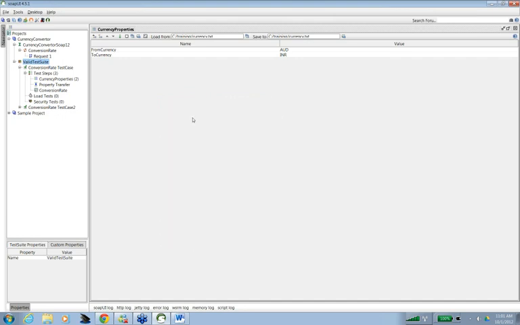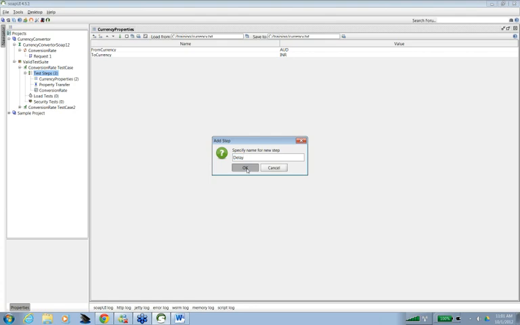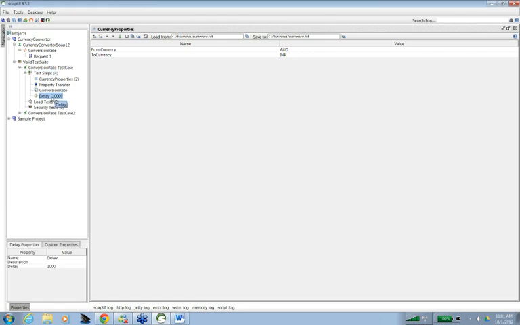Okay, so let us see what other steps we can add here. I can put a delay of, let's say, automatically it's 1000 milliseconds. So I want a delay between, let's say, these 2 steps of 1000 milliseconds for one reason.